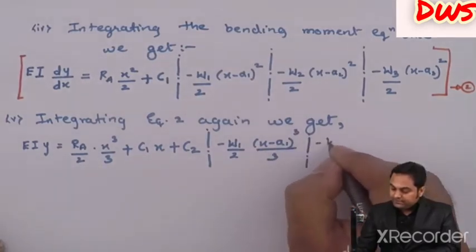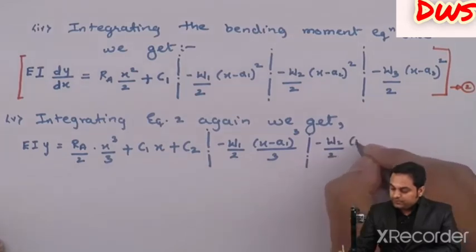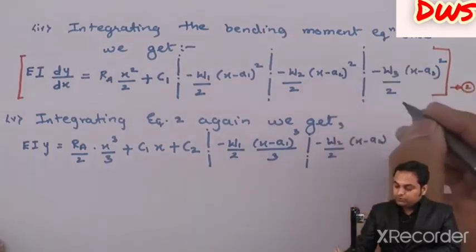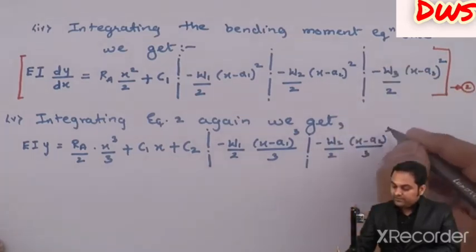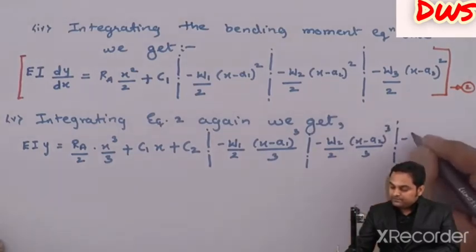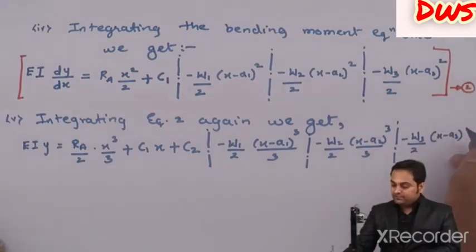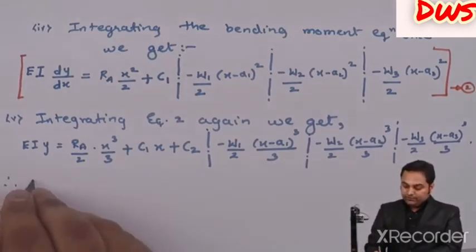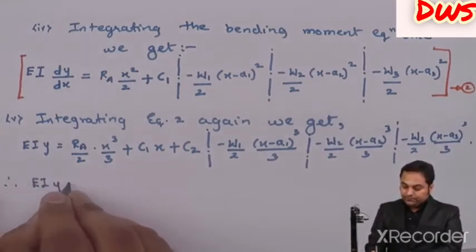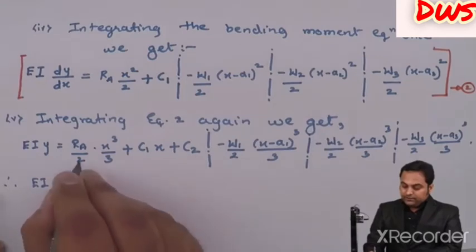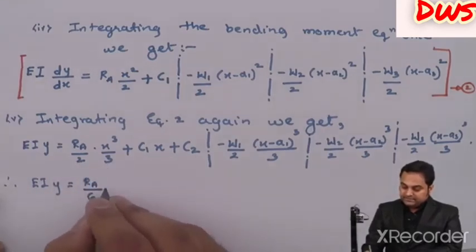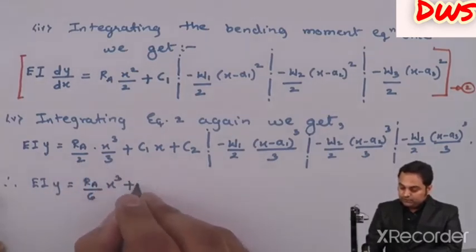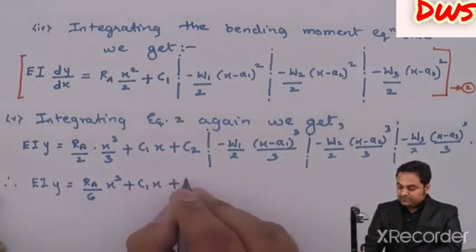The next term, minus W2 by 2 x minus A2 whole square becomes whole cube divided by 3, minus W3 by 2 x minus A3 whole square, integration becomes whole cube divided by 3. So therefore EI into y is equal to RA by 6 x cube plus C1x plus C2